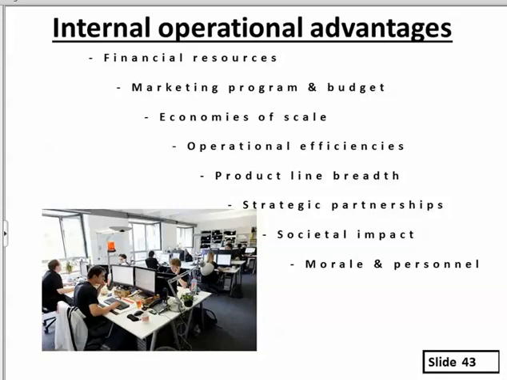At the same time, when you're doing that SWOT analysis, you have to go back in and look at what your advantages are. How do you operate? How are you organized? You'll notice some very similar things. I have economies of scale in there again, too. I shouldn't say I do, because this comes right out of your book. But each one of these things you can perhaps have an advantage in. So you need to define the areas of your business where you have an advantage, especially over your competitors.